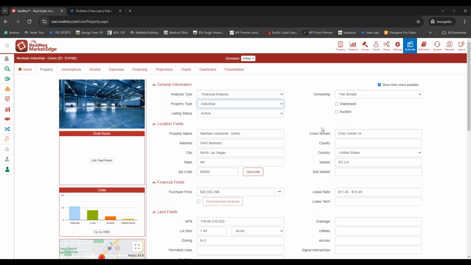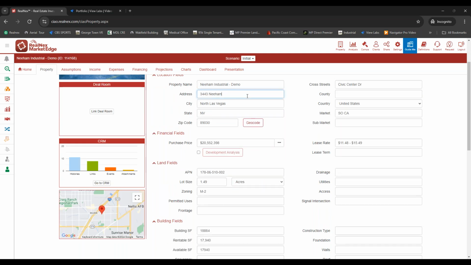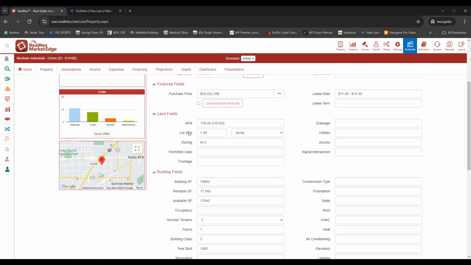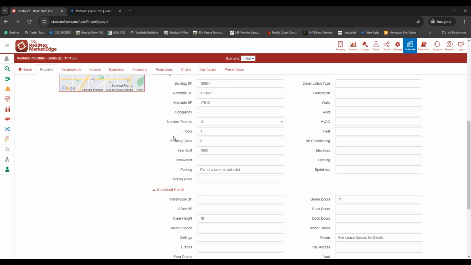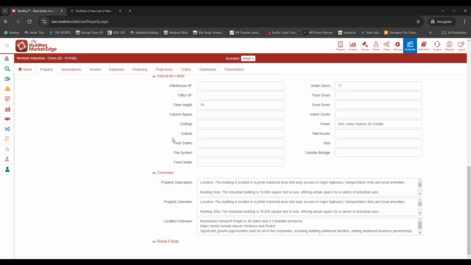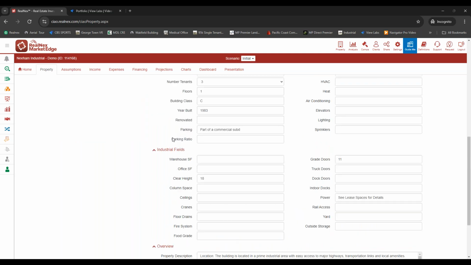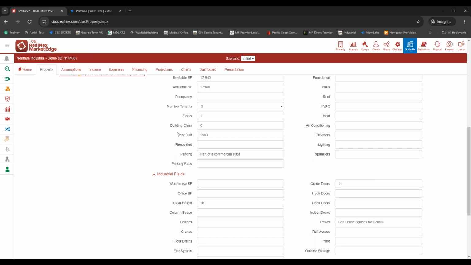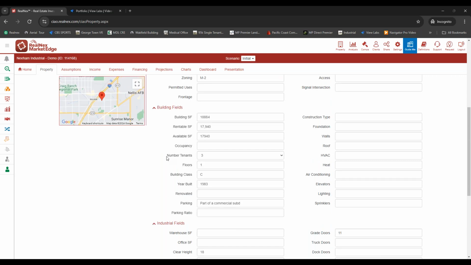Other information, fee simple, location address, all pulls from Google addressing. Any financial fields, you can put a $0 if you don't know an amount. Land information, building fields, industrial fields, property overview, and retail fields are all self-explanatory, and you can fill in the blank with that information. I do want to let everybody know that down here, this is really important, and